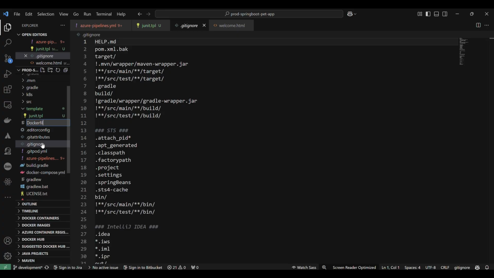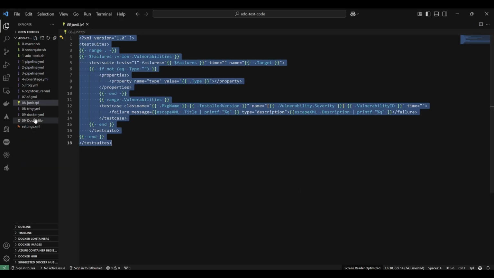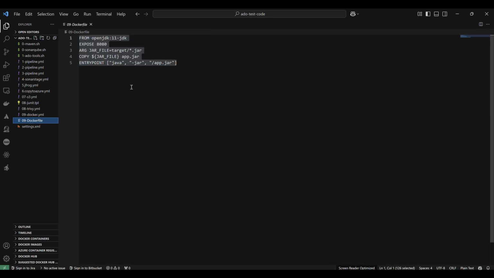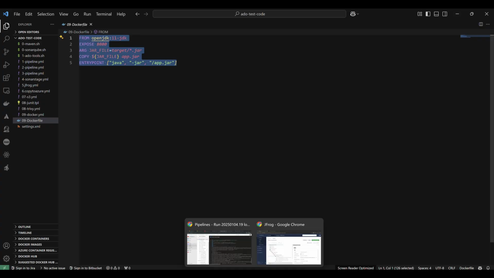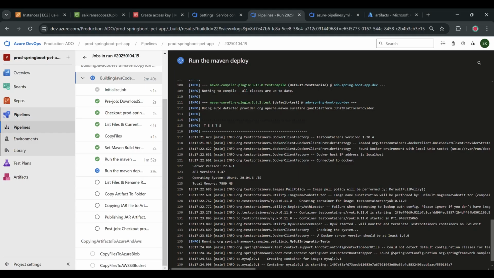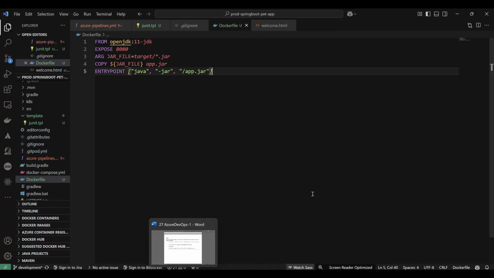Docker file. So I already do have the Docker file here. I'm not explaining the Docker file here, guys, because we already know. We came so far by learning Docker, Kubernetes, everything, and now we are into DevSecOps. So I'll paste the Docker file here, save it, and also